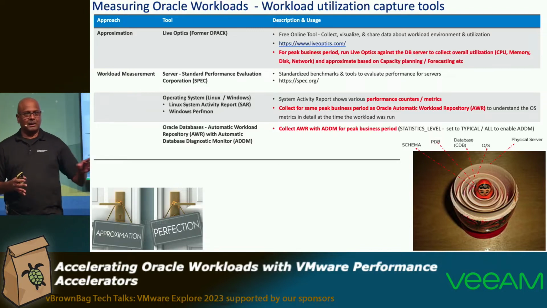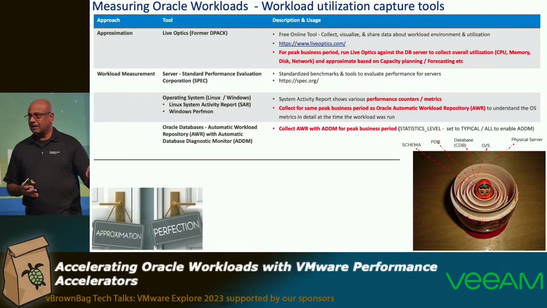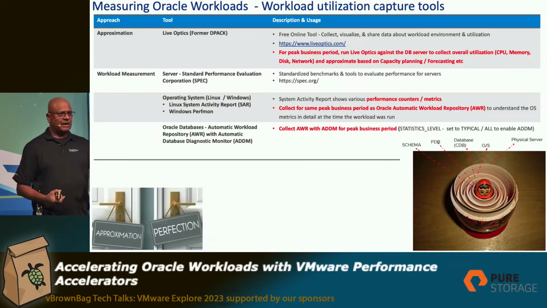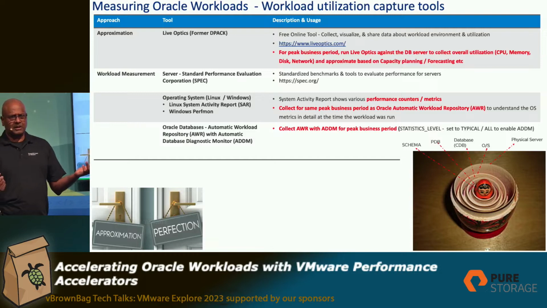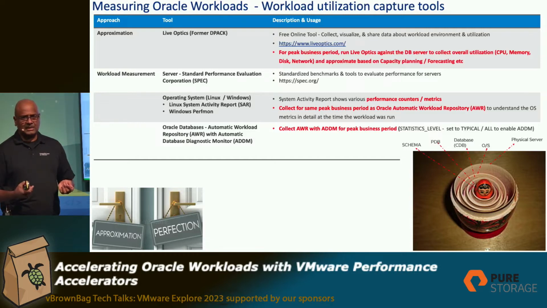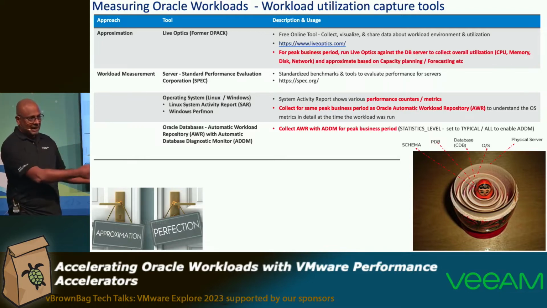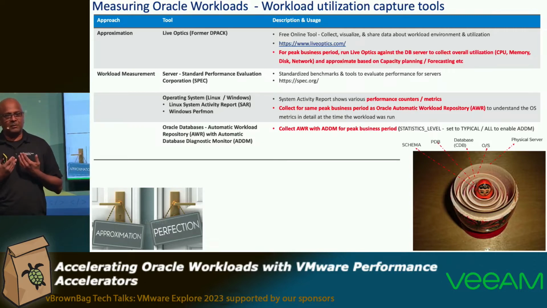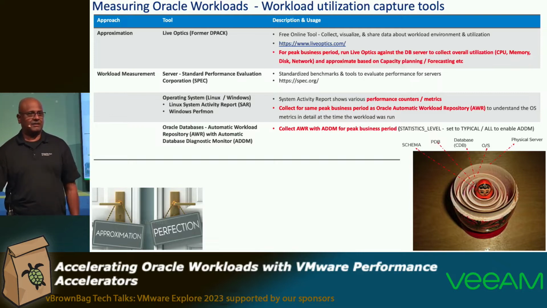Do I stop here? No, I don't stop here, because I haven't taken capacity planning and forecasting into account. So I go back to the business and say, okay, in 3 months, 6 months, 9 months, 12 months, do you think the data is going to grow? The guy will say yes. How much? Delta D, Delta vCPU, Delta memory. So I go back and say, my result plus Delta D plus Delta vCPU plus Delta memory, I need so many servers, which means I will be good for the next year, year and a half.